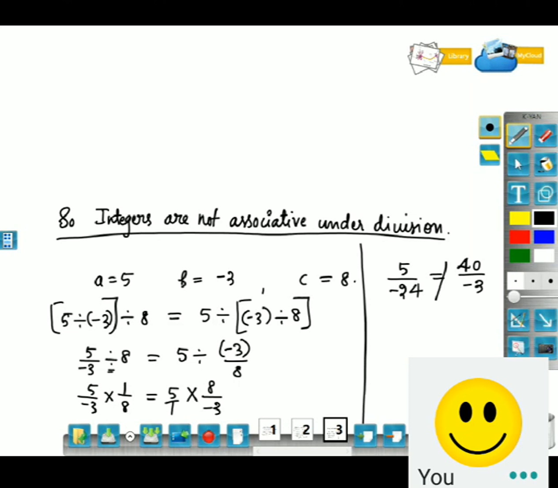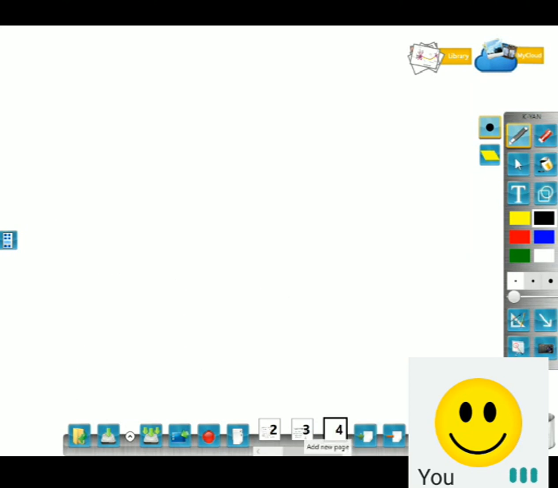Okay. So after these properties, next we'll be learning how to divide integers. Just now I told how to divide integers, and based on this we will have a few questions. We'll take some more problems regarding division. I taught division in the previous class, but still we'll take some more questions regarding this division of integers.